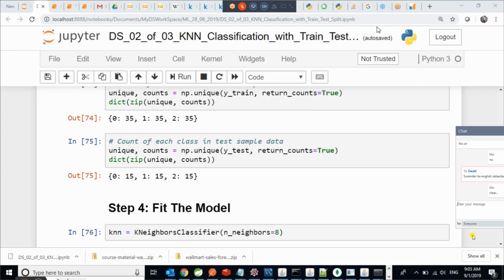So for this we have one concept called hyperparameter tuning. Hyperparameter tuning is nothing but automatically adjusting our parameters. Tuning is